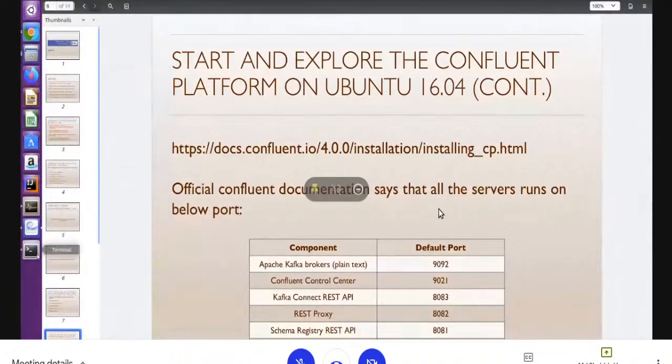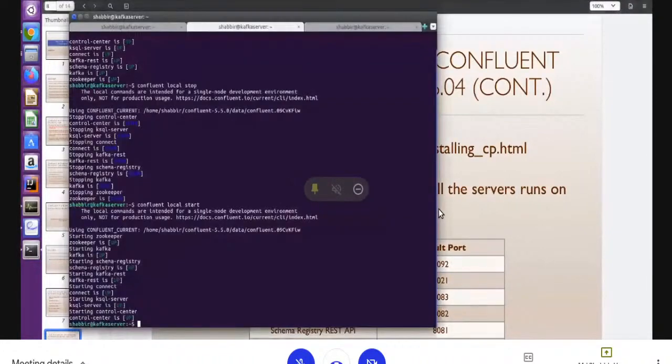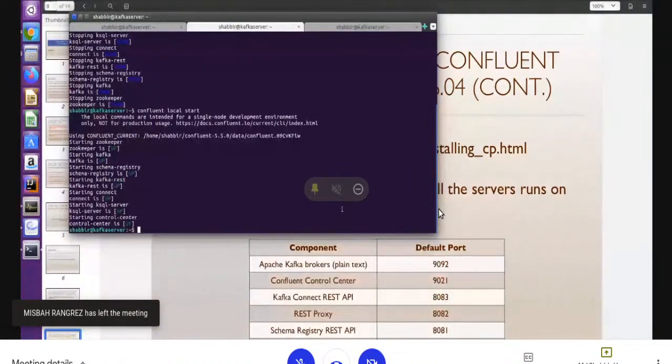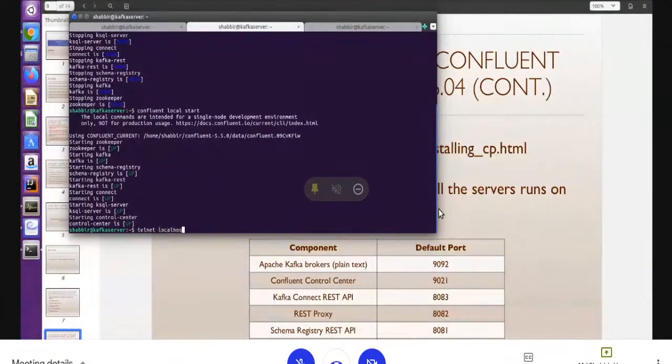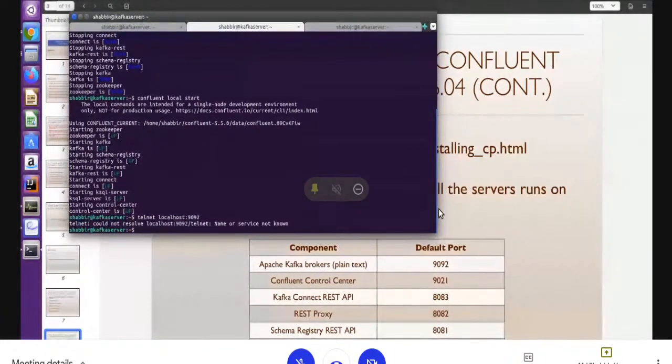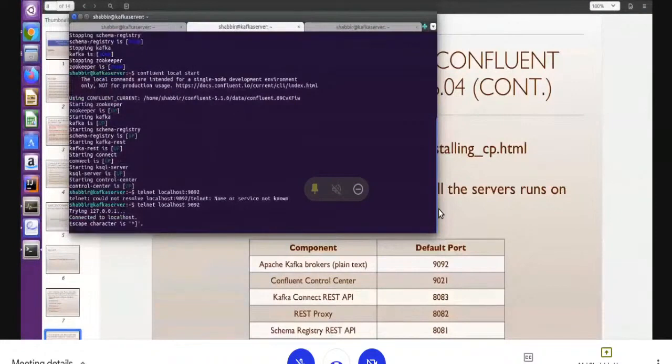So how do we test whether a port is working? It is showing here that this is up, but we will test all the ports. We will use the telnet command to test whether all these ports are open and running, right? If telnet is not installed, install it; I have installed it already. Because all your servers are working on the same machine, I'm using localhost, and let's give the port number 9092. Yeah, you can see here: connected. The 9092 port is working, right?